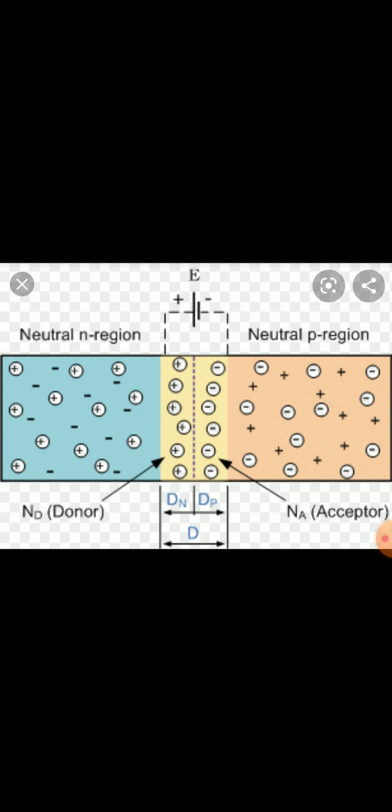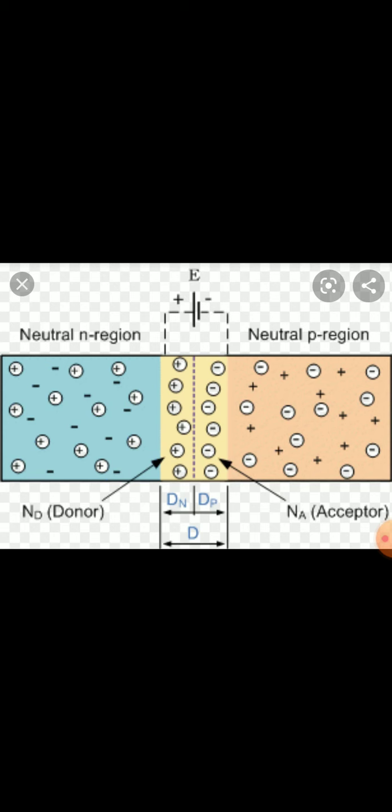Now, current flow in the forward biased PN junction: electrons move towards the junction, leaving behind positively charged atoms. Electrons arrive from the negative terminal of the battery and enter the N region. When the free electrons reach the junction, they become valence electrons. The valence electrons move through the holes in the P region towards the left. When the valence electrons reach the left end of the crystal, they flow into the positive terminal of the battery. This is the current flow in the forward biased PN junction.